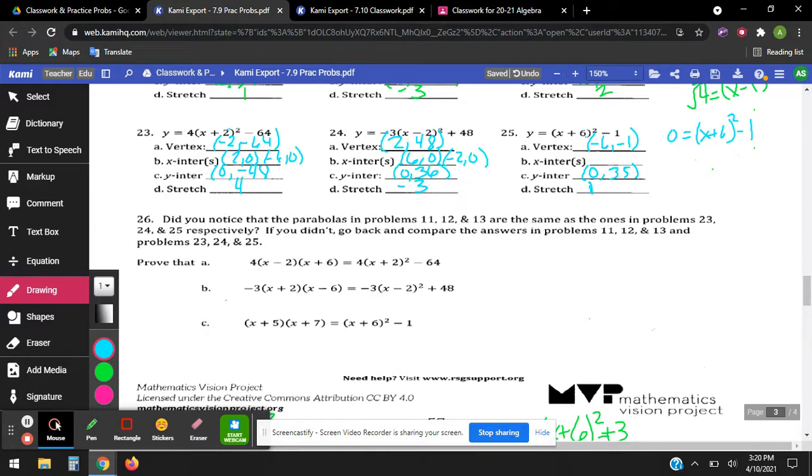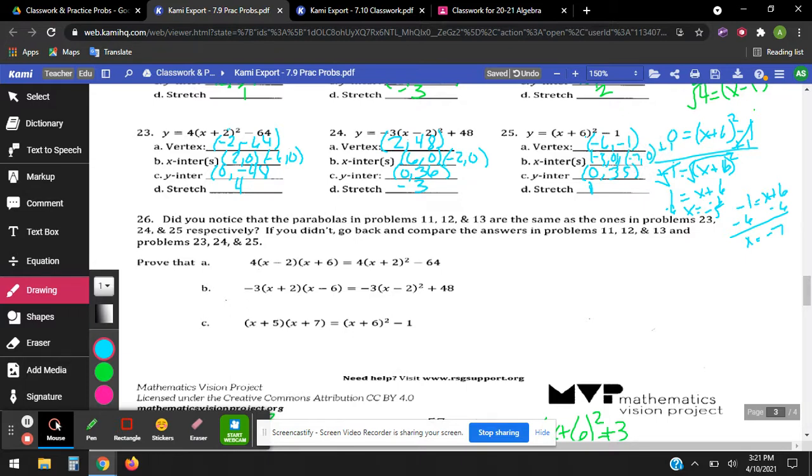Okay, plus 1. Sorry, I got a little distracted there. Plus 1. So 1 equals (x plus 6) squared. Square root of 1. 1 equals x plus 6. -1 equals x plus 6. So by minus 6, x equals -7, and x equals -5. So I have -5, 0,